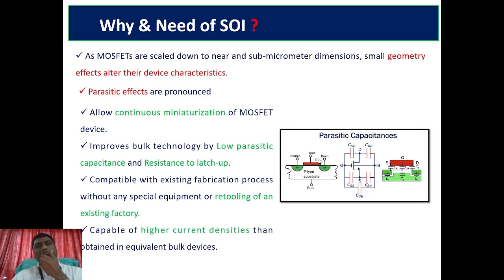And why do we need to go for silicon on insulator technology? A MOSFET will be scaled down nearer and nearer to submicron dimensions. As we go for scaling of the MOS transistor, the small geometry is going to alter the device performance. So the MOSFET output will have some kind of degradation because of the scaling. There are some parasitic effects which will be pronounced here,